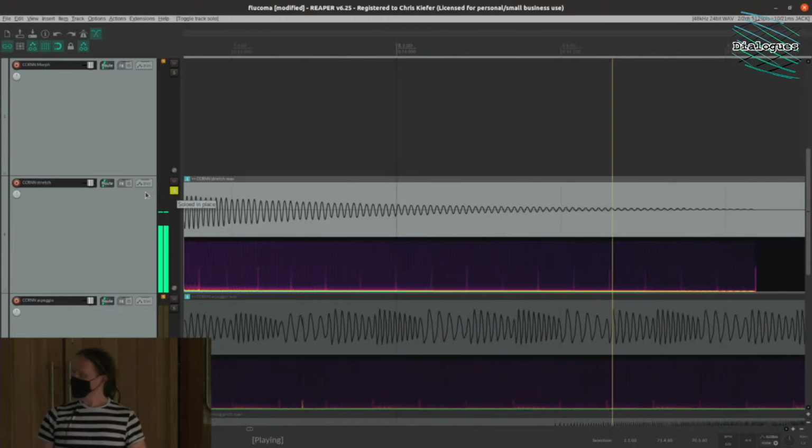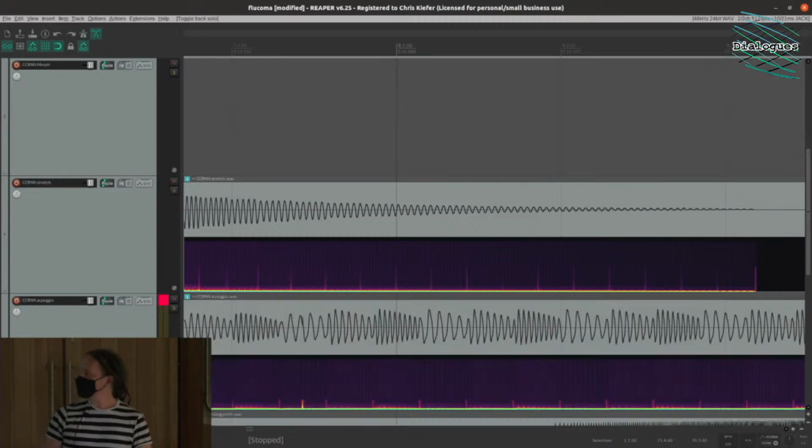I'm not really trying to say if that's better quality time stretching than other methods, but the fact is once the neural network can do that, then you can start manipulating the neural network and how it does time stretching. And then, let's have a look at the next example.